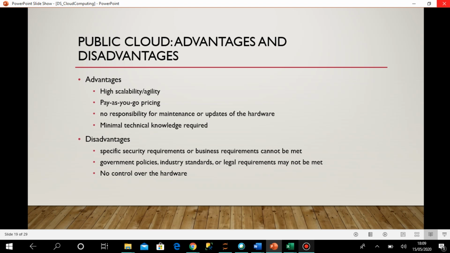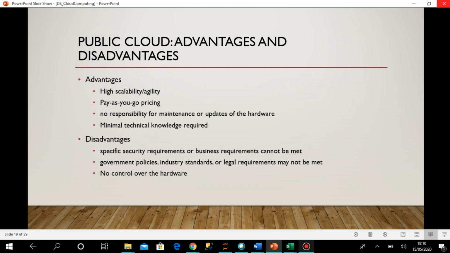Okay, then minimal technical knowledge is required, of course, because I don't have to handle the infrastructure, so it is not mandatory that I should be very much aware of every hardware or infrastructure requirement. I can concentrate only on the application part, the software part. That is the advantage. Whatever I need to maintain, I should know only that. The thing that I am not maintaining, I may not be very much aware of; that's not mandatory knowledge. So these are all the advantages I can get when I am using public cloud.